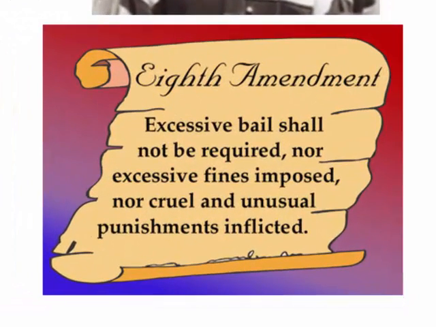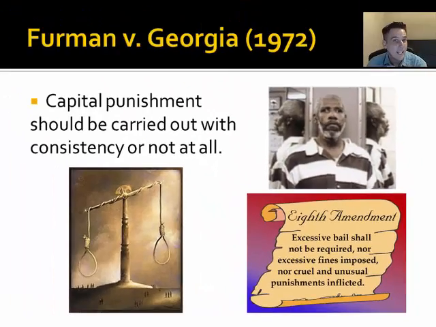the Eighth Amendment, excessive bail shall not be required, nor excessive fines imposed, nor cruel and unusual punishment inflicted. Meaning, if you're going to have a law and a punishment for one person, it has to be the same for all. You can't just decide, well, if this guy murdered someone, well, the blacks will be put to death and the whites will be put on death row. You can't do that. And they saw evidence that things like that were happening. So they said, the Supreme Court said, capital punishment, executions, death sentences should be carried out with consistency and equality,